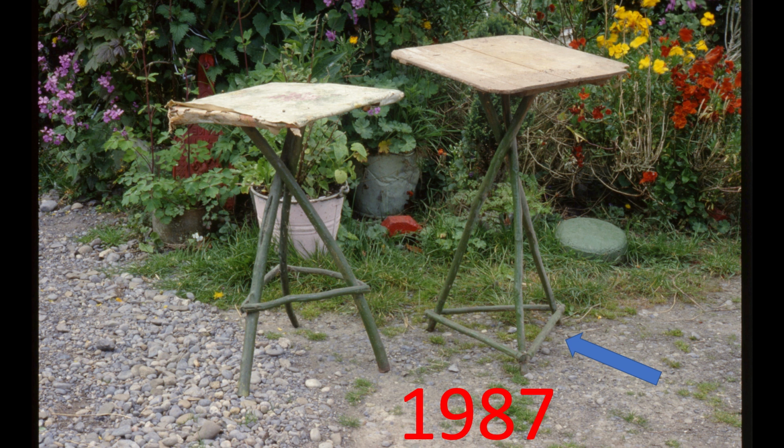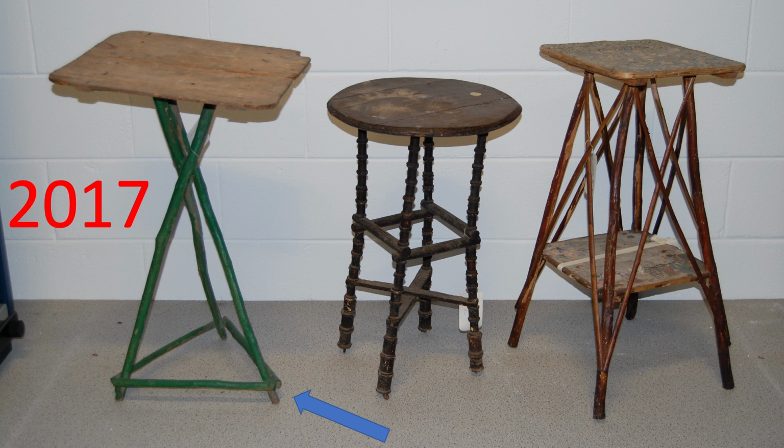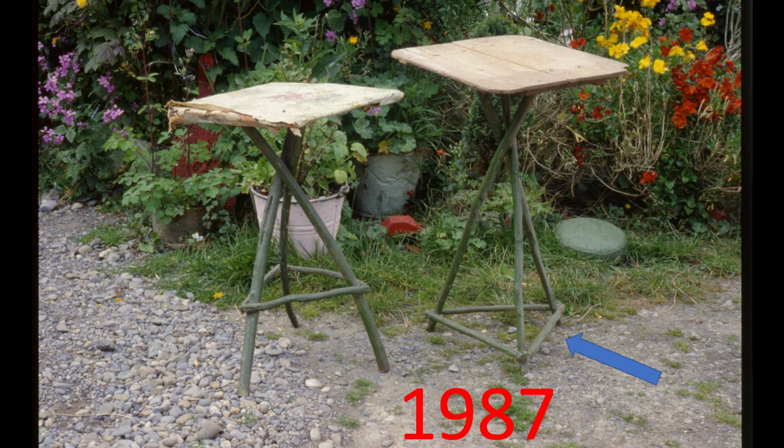So I was quite surprised when I went to the National Museum 2 years ago, and I found there was Nell's gypsy table, long after her having passed away, collected into the collection of the National Museum. So it's the very same one. I'll just go back so you can see. The one on the right where the triangle is close to the ground is the one that the National Museum